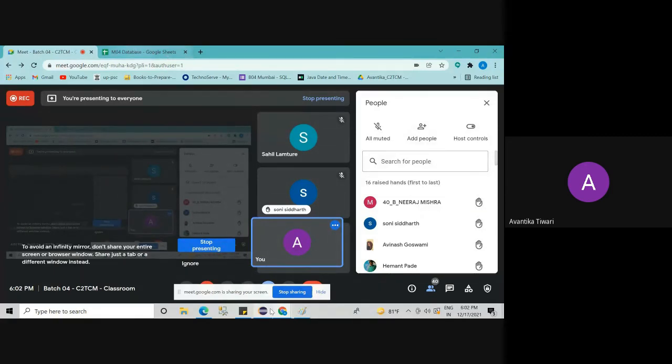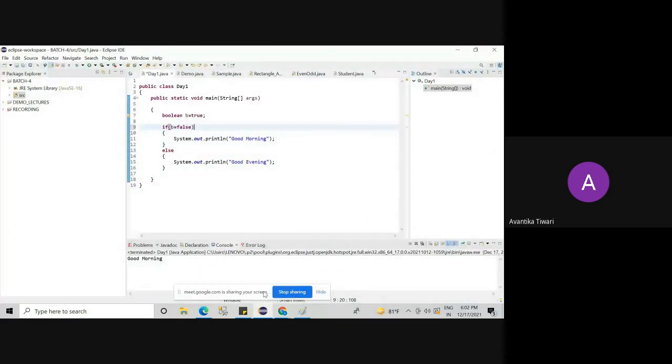Let's see. It is completely fine, we can do it if it is a Boolean variable. Are you getting my point? The assignment that we were doing before was an integer type assignment. We are assigning an integer value to an integer type variable. But here we are assigning a Boolean value to a Boolean variable.